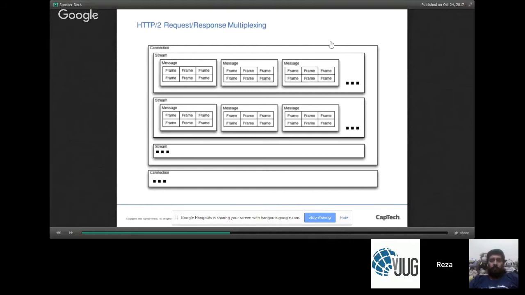A connection can be broken down into streams, and streams are basically the equivalent of what connections were in the HTTP 1.1 world, a representation of a single request and response. Within those streams are messages, and each of those messages is something like an HTTP GET and an HTTP GET response.